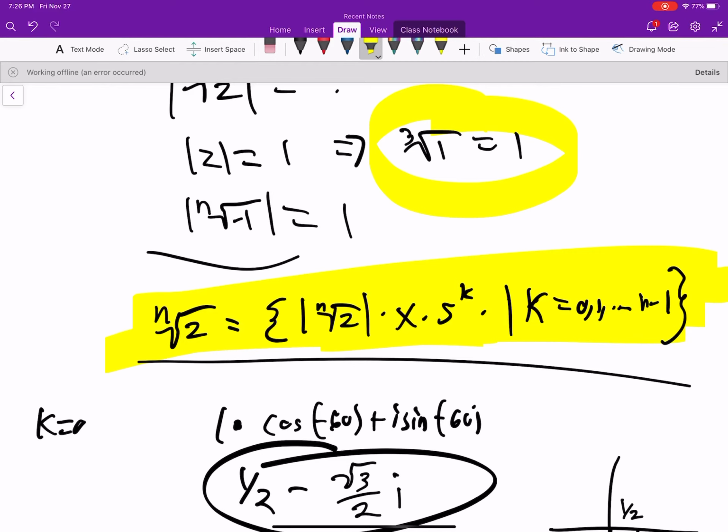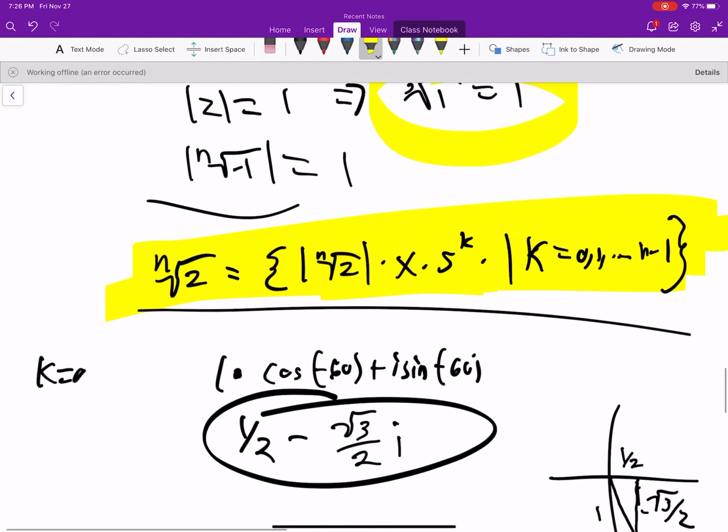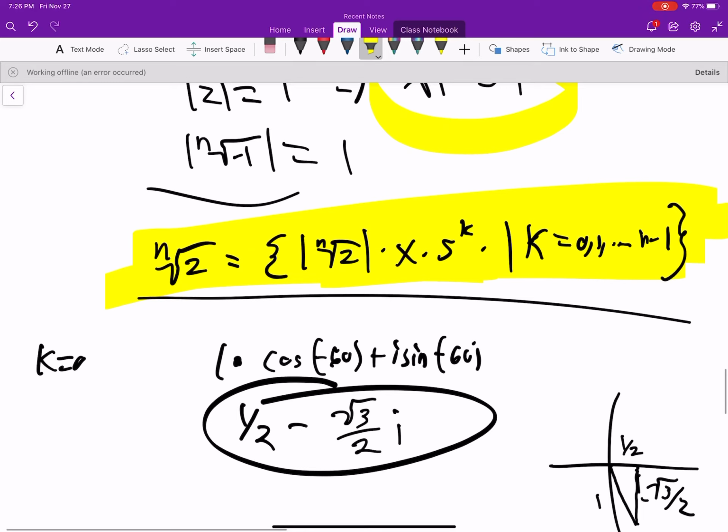And so the first, when k is 0, we don't need to worry about the magnitude of the nth root of z because that's just 1. We also don't need to worry about s to the 0 power because k is 0, so s to the 0 is 1. We just need to worry about that x value. So the x value is going to be 1/2 minus root 3 over 2 i,